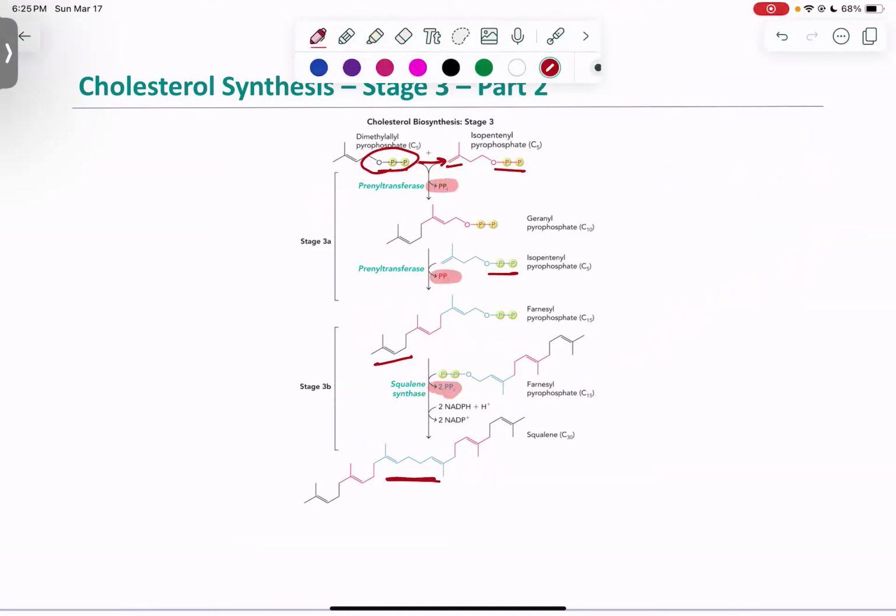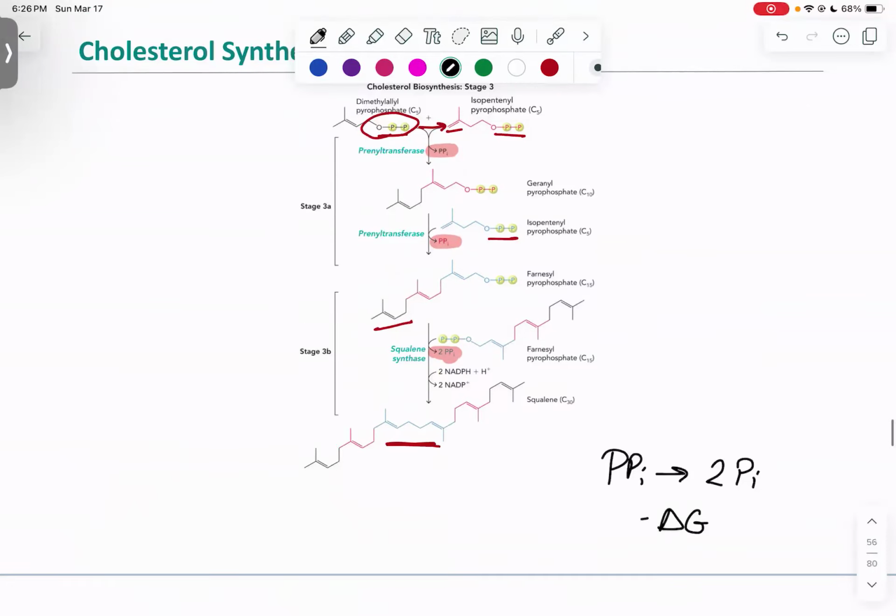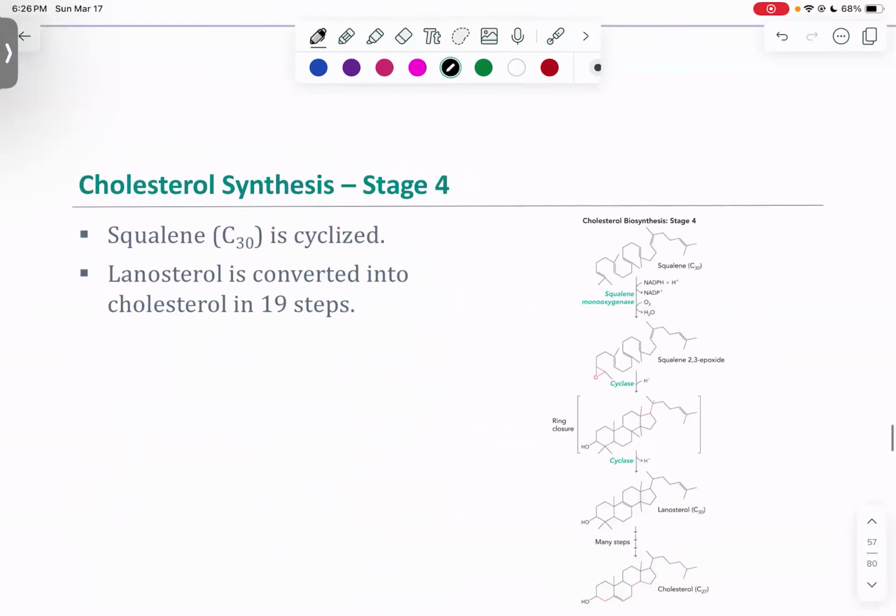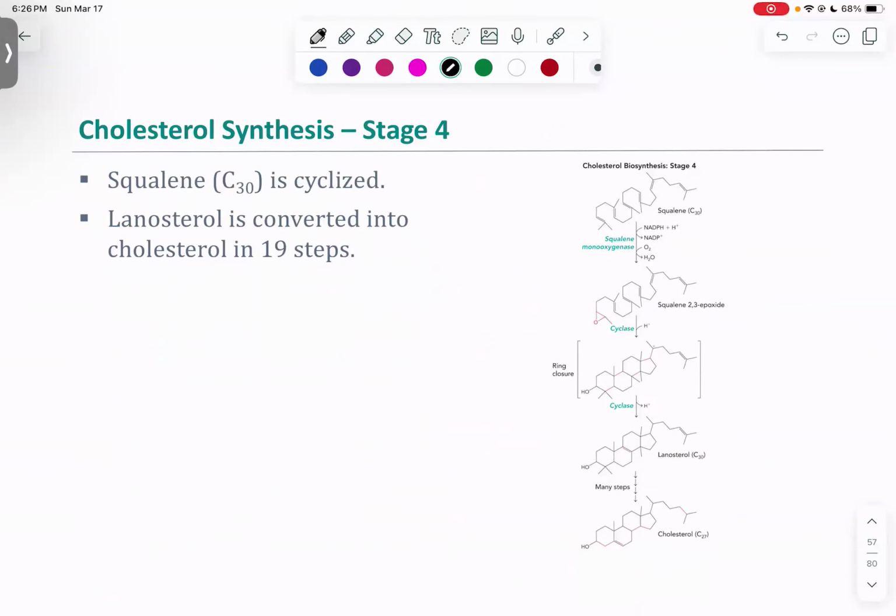So remember that the delta G value for going between PPI to 2PI is a very negative delta G. And so the hydrolysis of pyrophosphate is what helps to drive those reactions because they have a very, very negative delta G value. So once we make our squalene, then we can go in and cyclicize